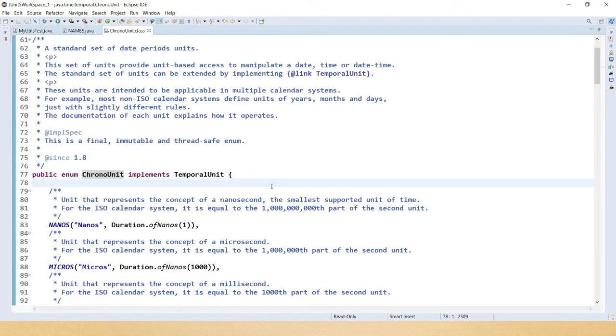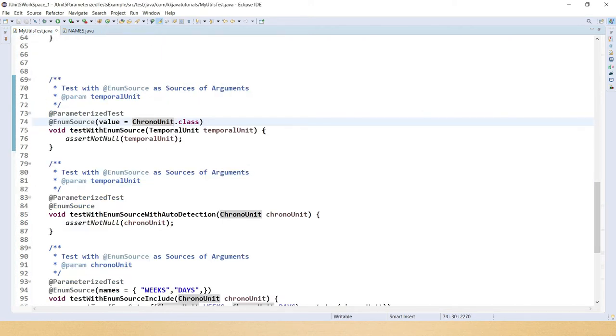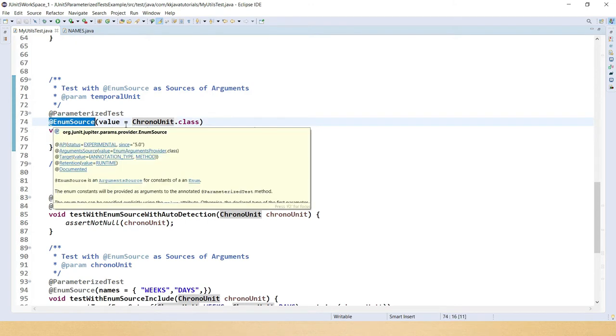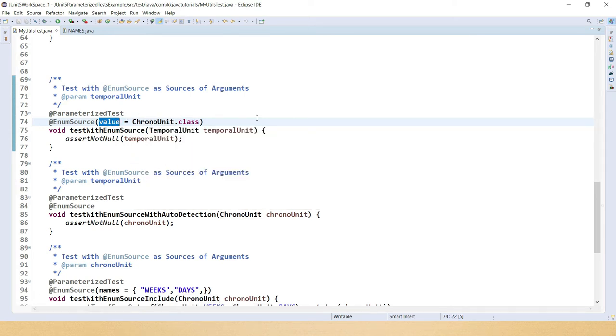If you look in ChronoUnit, there are almost 16 constants available there, and these constants I would like to use in my test cases. Then what you can do is use @EnumSource, and there you specify the value as ChronoUnit. Now whatever constants are declared in ChronoUnit, you can use along with this TemporalUnit.